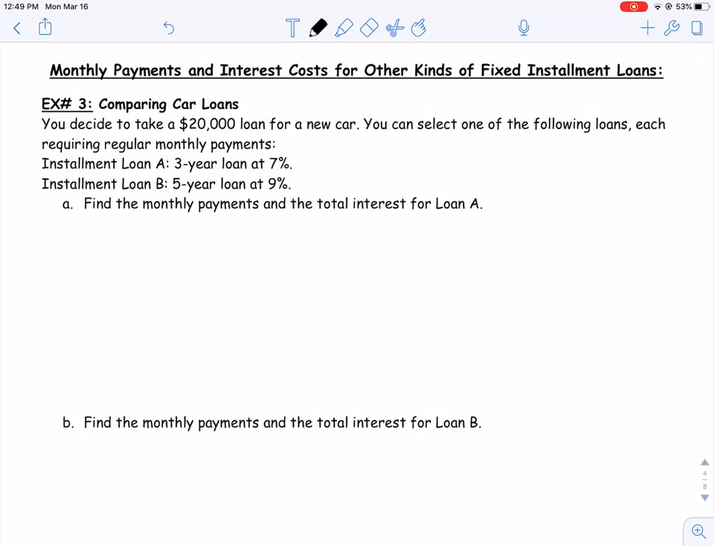The next little example we're going to do in this video is an idea of paying off a car loan. So a car loan is another example